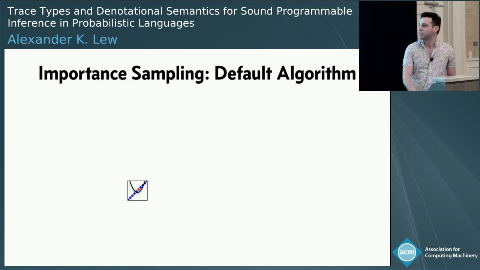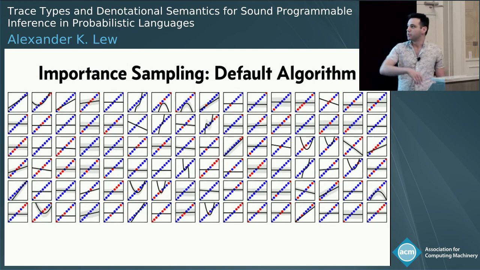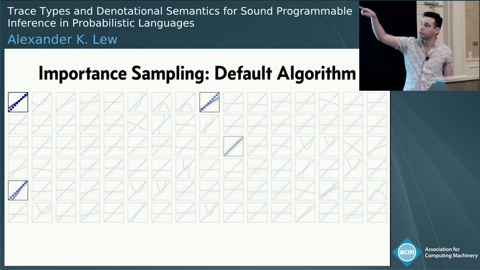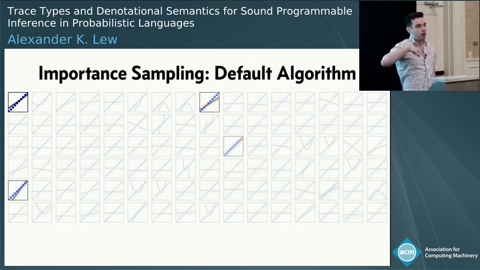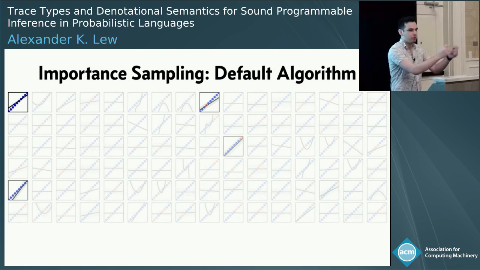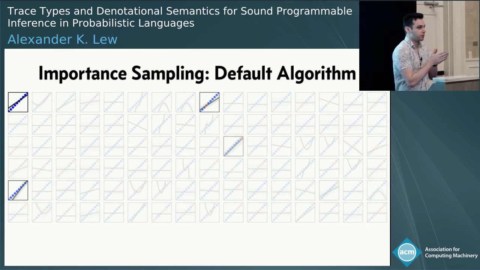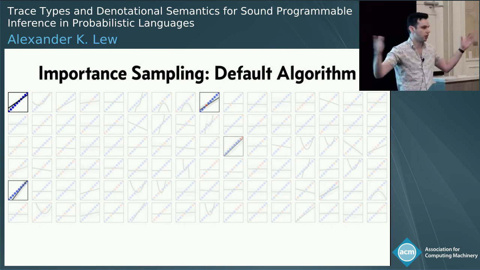But we can save it and do it again and do it again. And we can do this many, many times and get tons of potential proposed explanations for the data. And then we can weight them all according to an importance weighting formula that's going to weight up those samples that explain the data well, and it's going to weight down samples that seem overrepresented by the proposal distribution. So if our proposal is concentrating in one area, samples from that area are also going to be weighted down. Okay? And we can then use these weighted samples to do things like compute posterior expectations. We can take weighted averages across all of these samples.